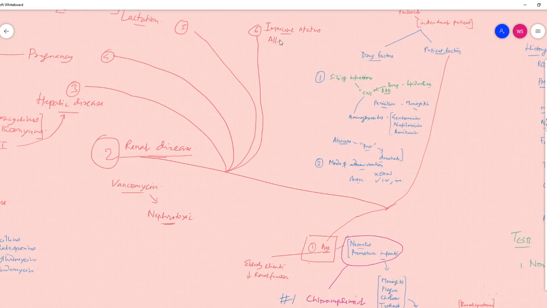Allergy should be noted. If the patient is allergic to penicillin, okay, there are many patients who are allergic to penicillin. That can be a problem. So what should be done? Intradermal skin tests should be done before administering the drug. The other thing that is important is